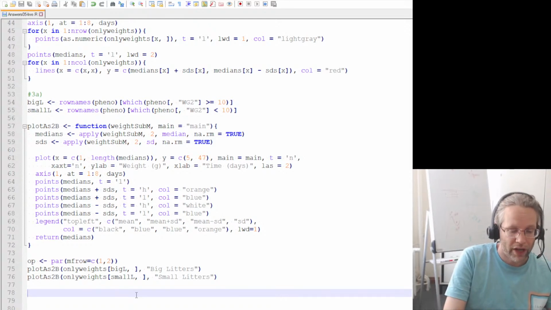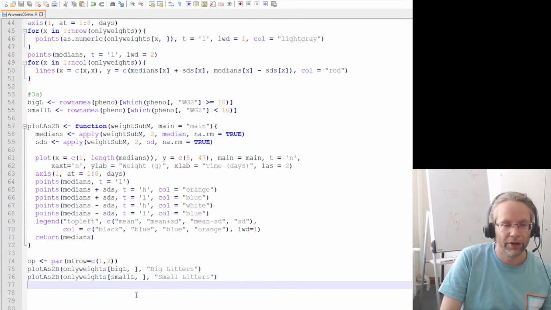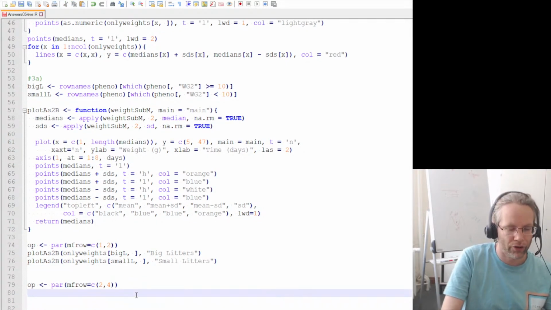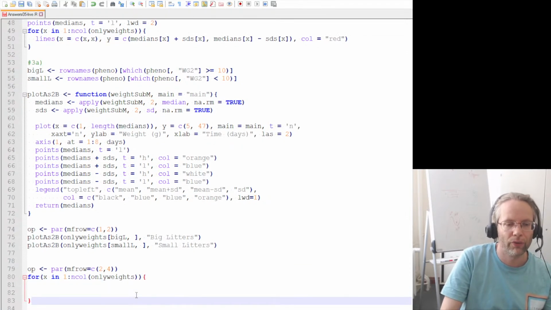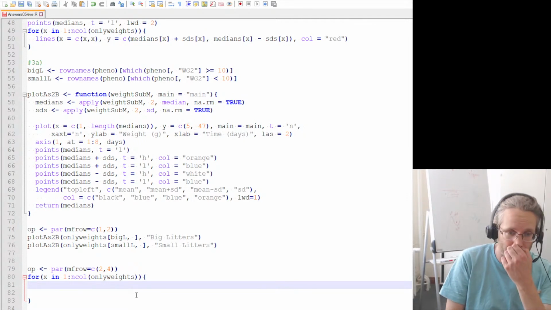So we are going to say we are in Notepad. Okay, very good. So I'm just going to say instead of 1 by 2, I now want to have 2 rows, 4 columns, and then I'm just going to say for x in 1, 2, the number of columns of only weights. What do I want? Well, I want to create 2 box plots. So I want to create